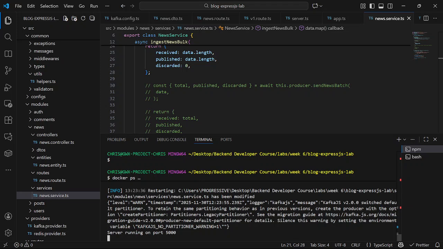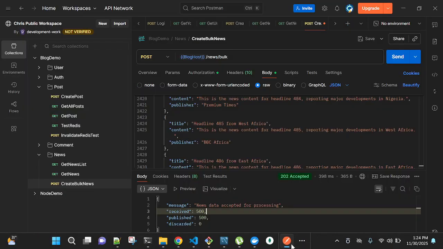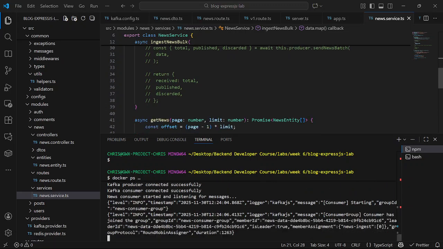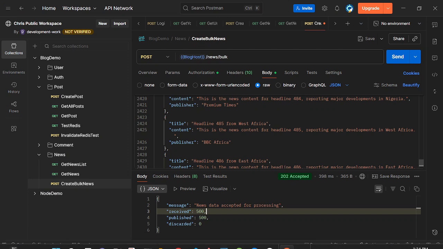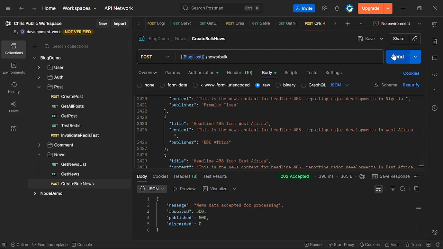If I run this code again, actually we are not saving anything to database. I just want to show how it's going to be processed. If I call this endpoint again, you see it's delaying because it is looping through the 500 records.